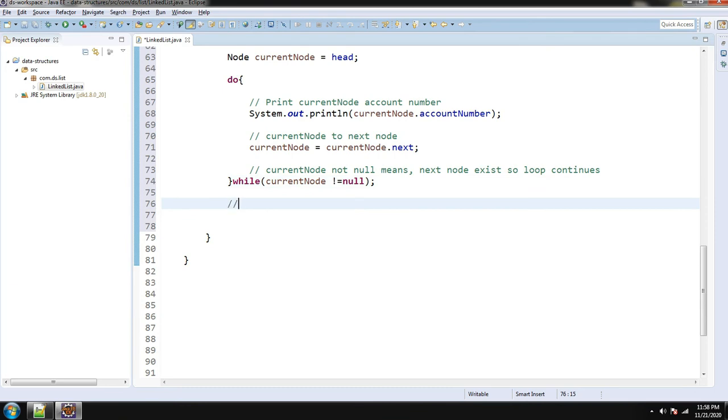At some point current node will be null at the end of the linked list, so the while loop breaks. End of while loop means linked list traversed completely.